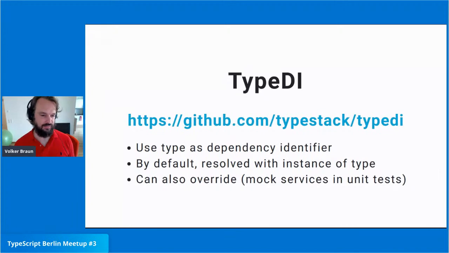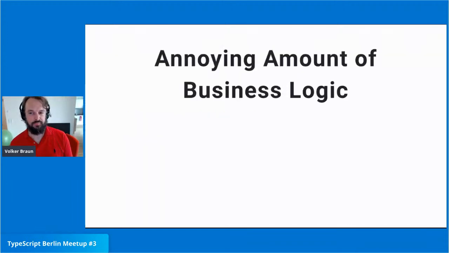The dependency identifier, the type, is global, and that's great because you only want to have one type. But the actual thing that it's being resolved with is not necessarily global. There's a default one that comes from an instance of the type, but you can override it for various reasons. And then, okay, that was the